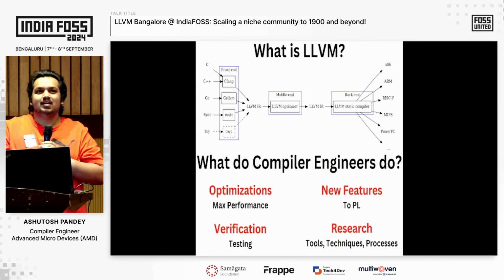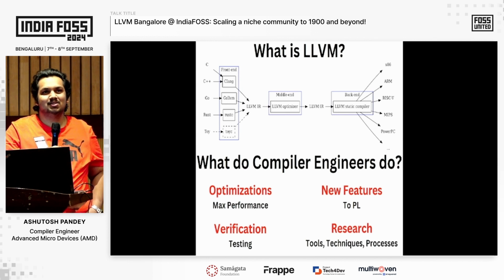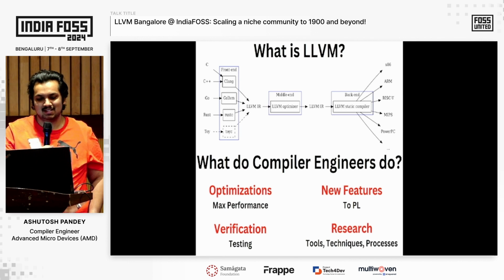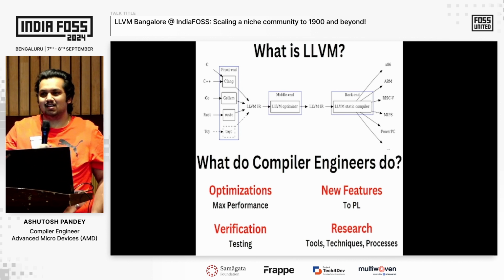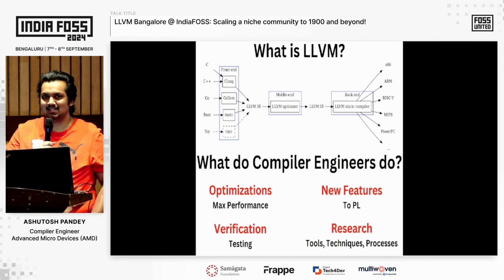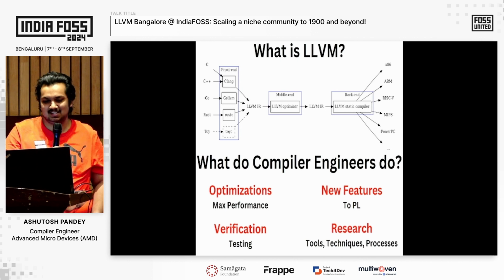So what even is LLVM? If you've never heard of it, LLVM is a modular open source compiler infrastructure that can take a front end for any language and support a back end for any instruction set architecture. In simple words, let's say you want your C code to run on an Intel computer or on a Mac or a Raspberry Pi. Ordinarily you would have to write three whole different compilers to do this, and for every set of languages you have to support, you would have to go n cross n for all the back end infrastructures.